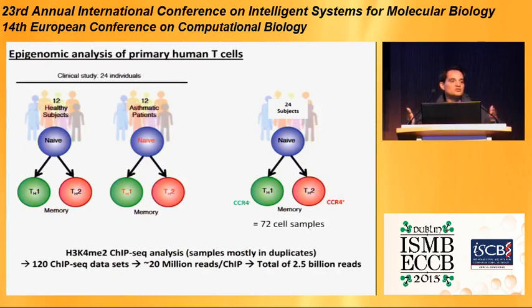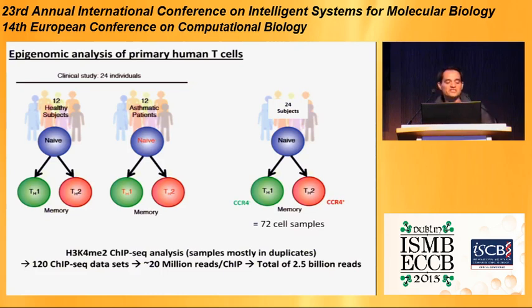So now I would like to introduce a study where I have extensively applied MEDIPS. It is about epigenomic analysis of primary human T cells. So this is the experimental setup. We have 12 healthy subjects and we have 12 asthmatic subjects. So in total there are 24 subjects, and we have isolated